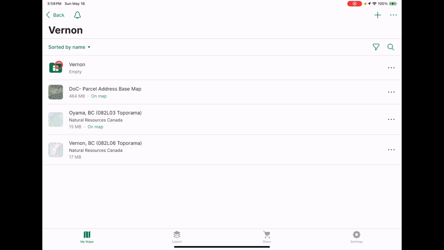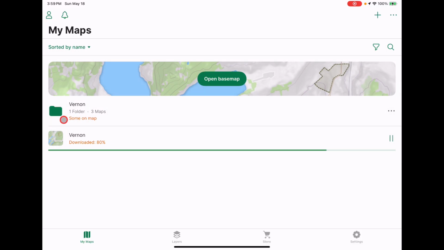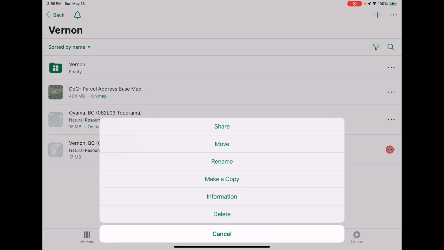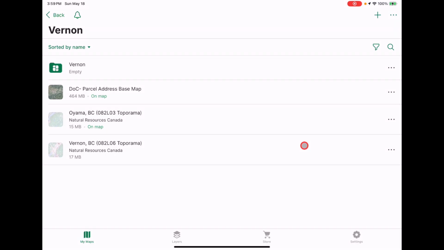It's a green folder. If we go back, we'll be able to see the Vernon folder. It's just solid green. We go inside, and we've created another folder called a collection. So what happens is if we take this Vernon map